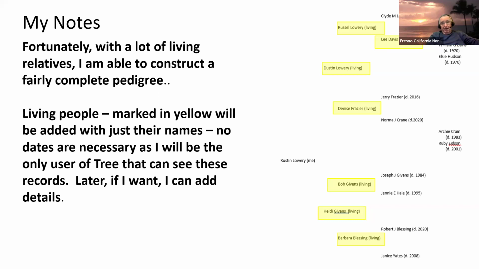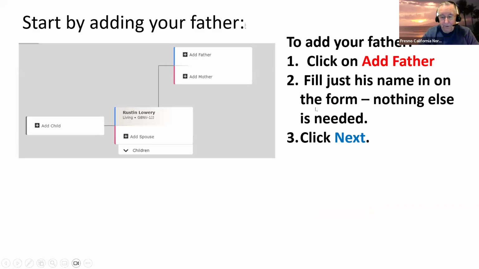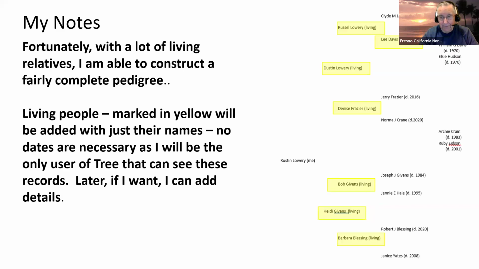We went asking the family members, my daughter and her husband, for names. We got the names of Rustin's parents, Dustin and Heidi, and then their parents. They're all in yellow boxes because they're all still living. So Rustin has 2 generations of all living relatives. And then he has one great-grandmother that's still alive, Lee Davis. And the rest of the great-grandparents are deceased.